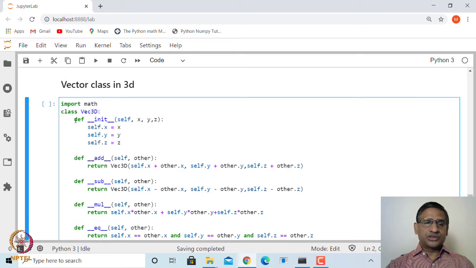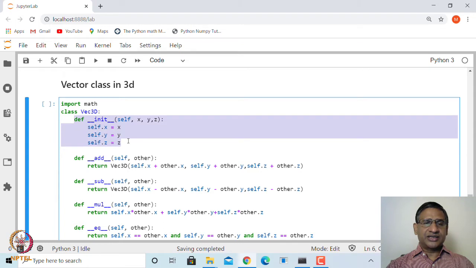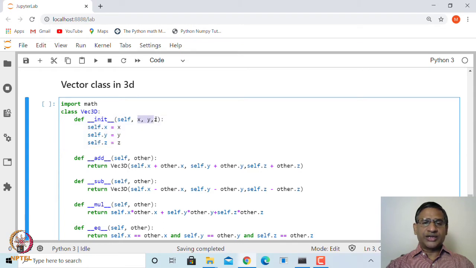Now first you initialize this Vec3D with each coordinate x, y, z. So self.x equal to x, self.y equal to y, self.z equal to z, and then we want to add 2 vectors. So how do I create this? We will make use of the special method called __add__, and the arguments are self followed by other.